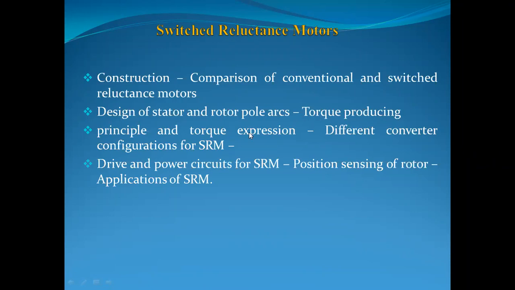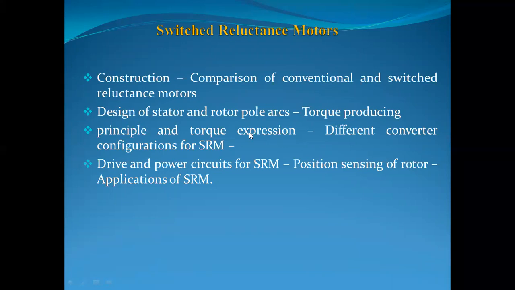Therefore, depending upon the degree angle, if you consider the rotor, I will require the rotor to rotate at 10 degrees of displacement. I am choosing 10 degrees of displacement to rotate the rotor. Depending upon the given displacement angle, the motor rotates accordingly. That is nothing but the stepper motors and also the switch reluctance motors.